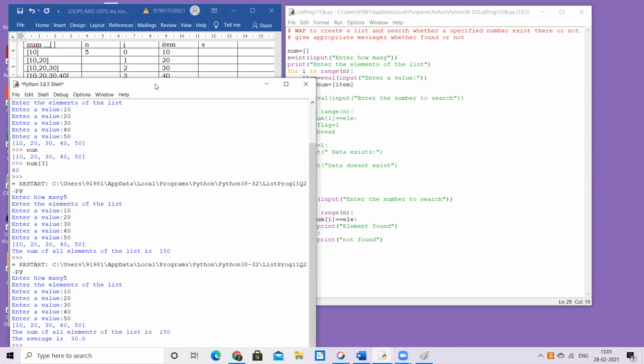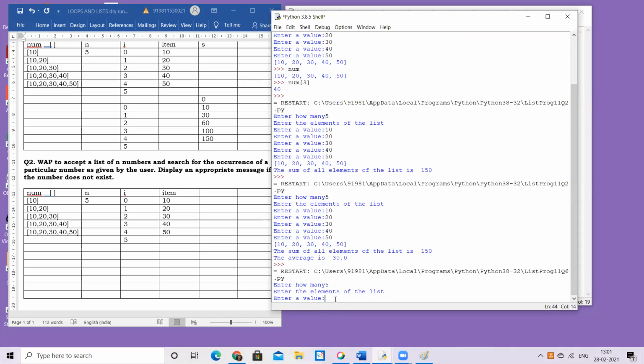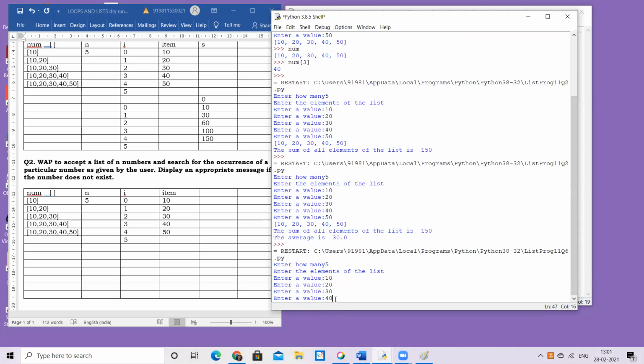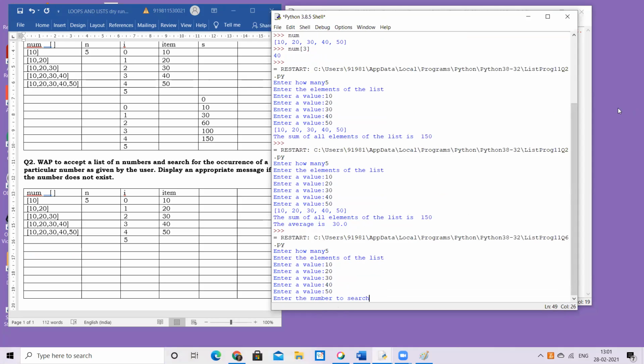When I say here, enter how many, I go by the default setup. I've taken 5 and the same set of elements, suppose 10, 20, 30, 40 and 50. Now it asks me what is the number to search. Supposing I say 40.